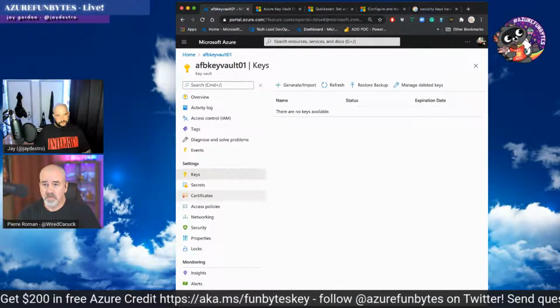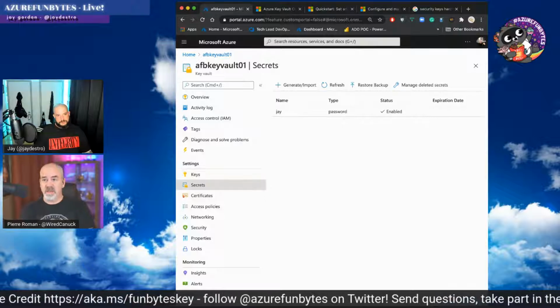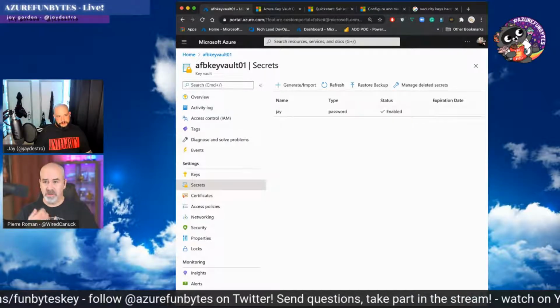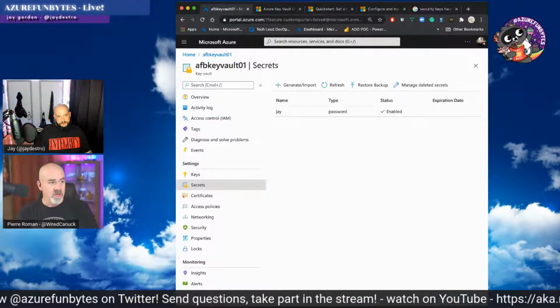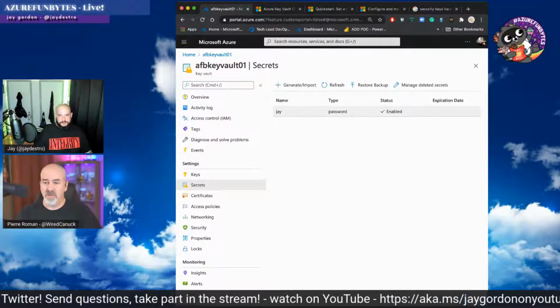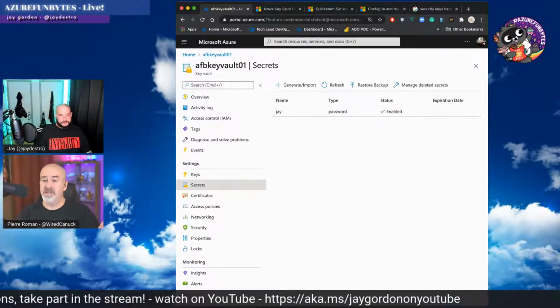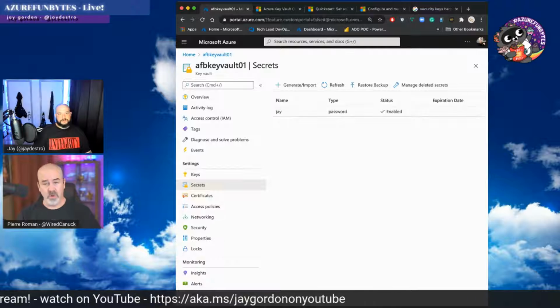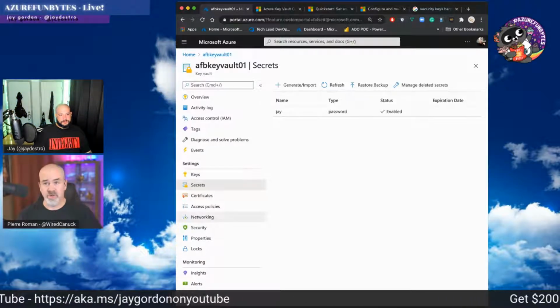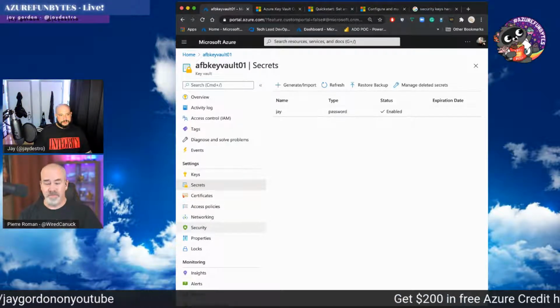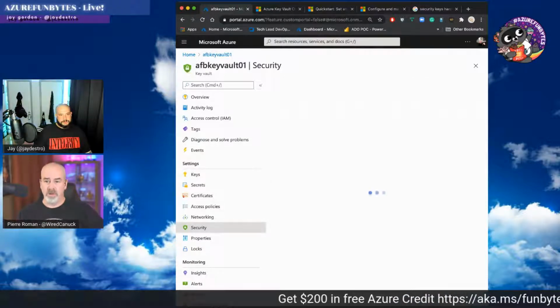Is that the way this works? No. Keys are generated, secrets are just entered or imported. A secret can be pretty much anything. Okay. It can be a password. It could be your connection string. It could be anything that is like a long string of